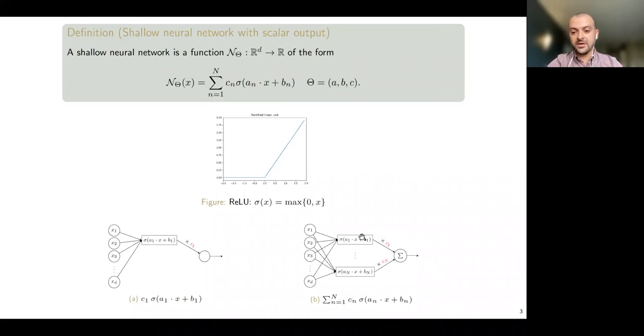And then each of them does its computation and sends it to the corresponding weights, right? So C1 and these edges modify the value, and Cn modifies the value from the nth unit. And then they go into this unit, which adds them up and then outputs the values. So this is the picture we want to keep in mind, and this will be the neural network that we're trying to train.